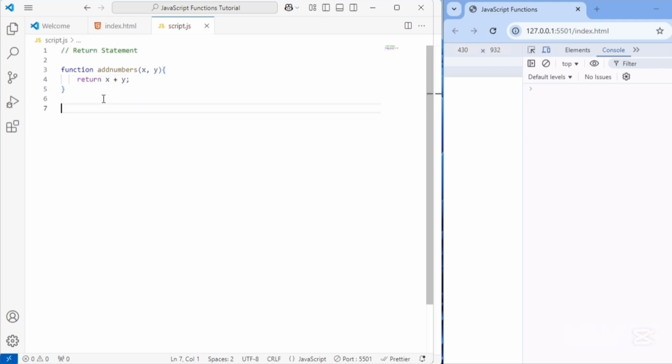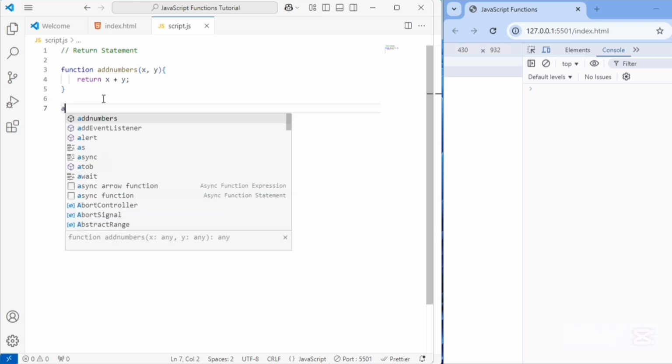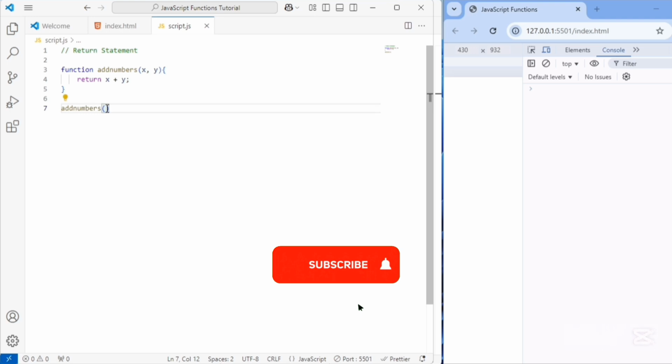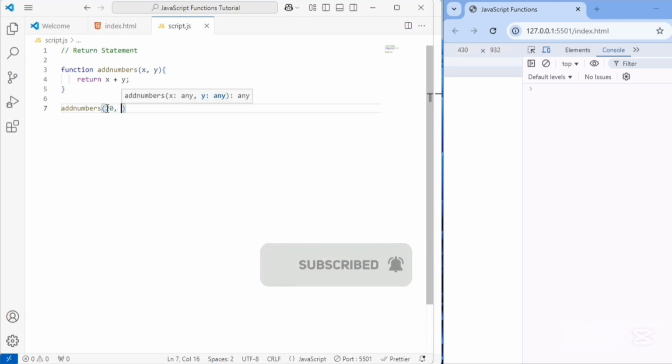In order to display the value, firstly you need to call the function, and the function name is addNumbers. We pass the parameters here. As you can see, we have two parameters here. Likewise, we are going to pass two arguments since we have two parameters. So the first argument is going to be 20, then comma, while the second argument is going to be 30. You can write anything you like there. So I'm going to terminate it